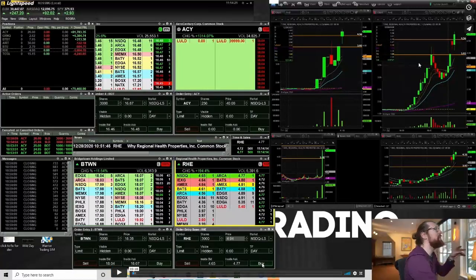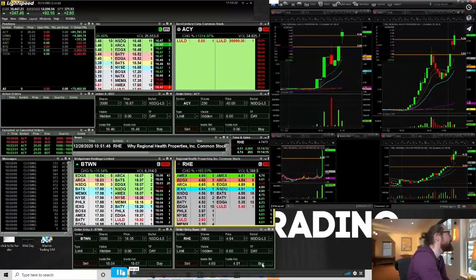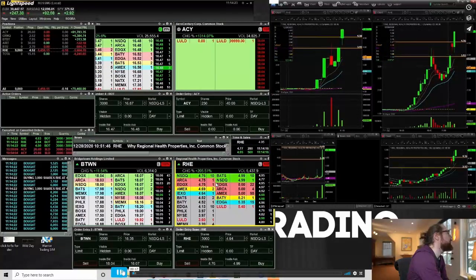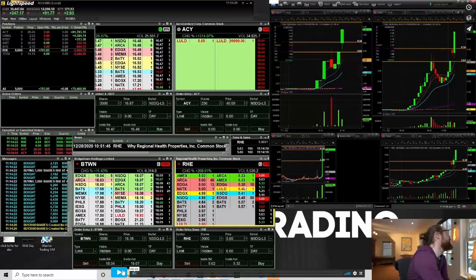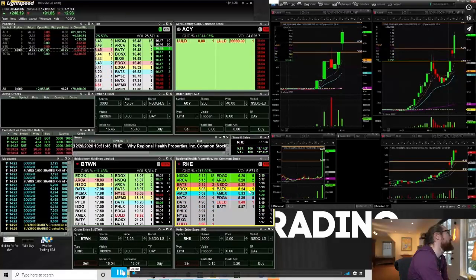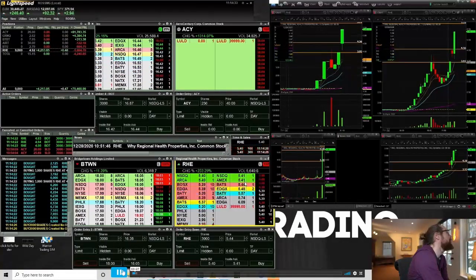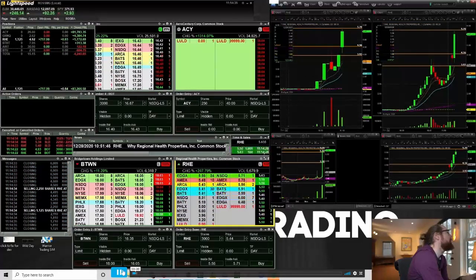So I dial it in, looking at the high of the day, looking at the chart, then looking at the level 2 and the time and sales. Lots of green on the tape. It's surging up, so I take a trade there. Looking for the move on this up to, look at that, 5.33, 5.34. So on this one, initially, that right there is a potential $4,000. It goes up to